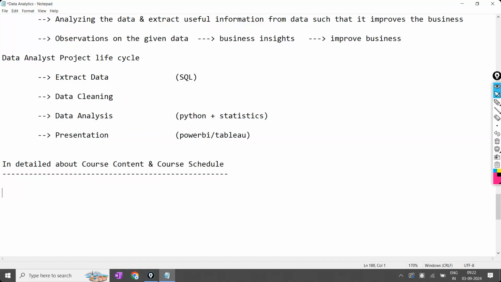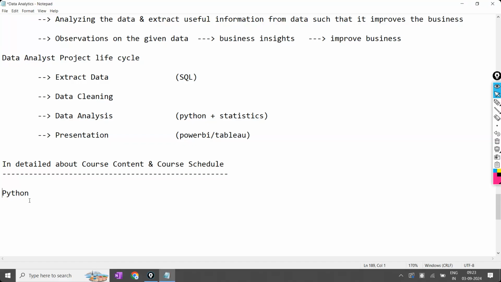Now, first we are going to start from Python, because many of you are from a non-programming, non-IT background, or even if you are from an IT background, you may not be good at programming, or you don't know how to create programs. Like in BTech first year, we completed one subject like that, but we don't know exactly. So for all these reasons, first I'll start with Python.